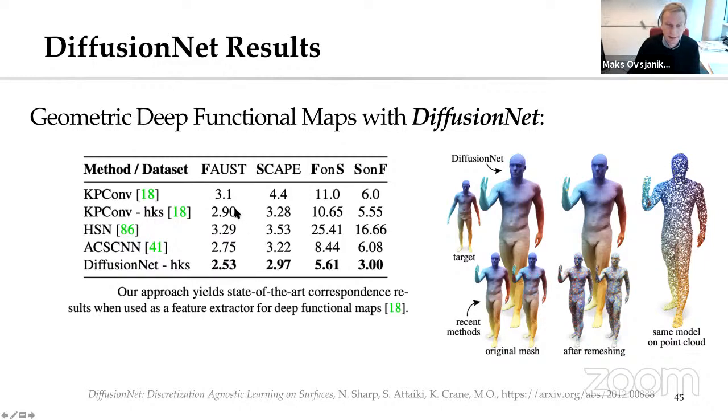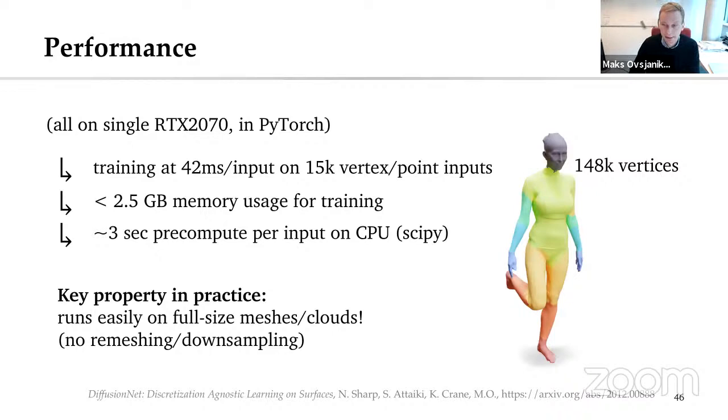We tried different things, like training on one data set, training on another, or training on one and testing on another, in both directions. In all settings, we get better results. Another important thing is that this is extremely fast, because the bulk of the work is done in the reduced basis. If you have a mesh with, let's say, 150,000 vertices, it scales extremely well with respect to the size of the mesh, and it only requires a quick recomputation of the Laplacian basis.